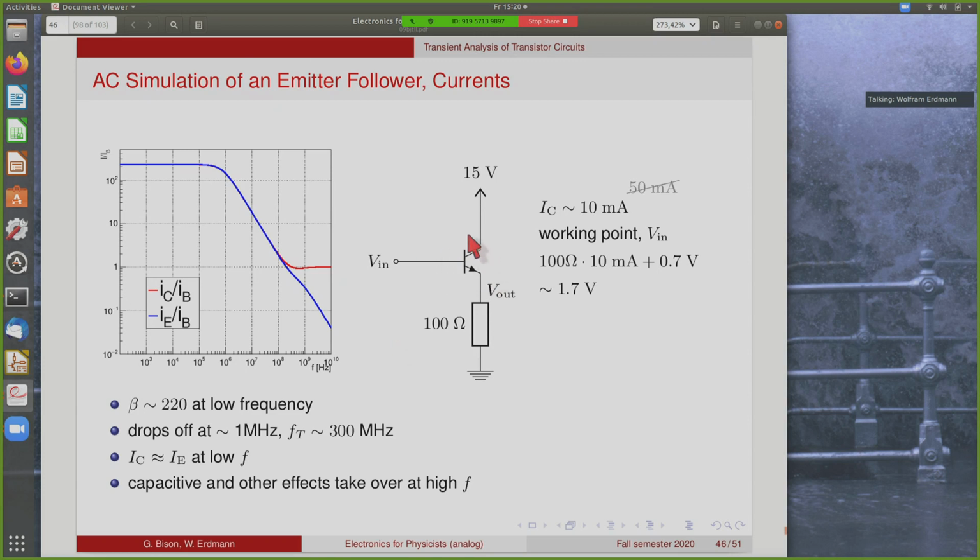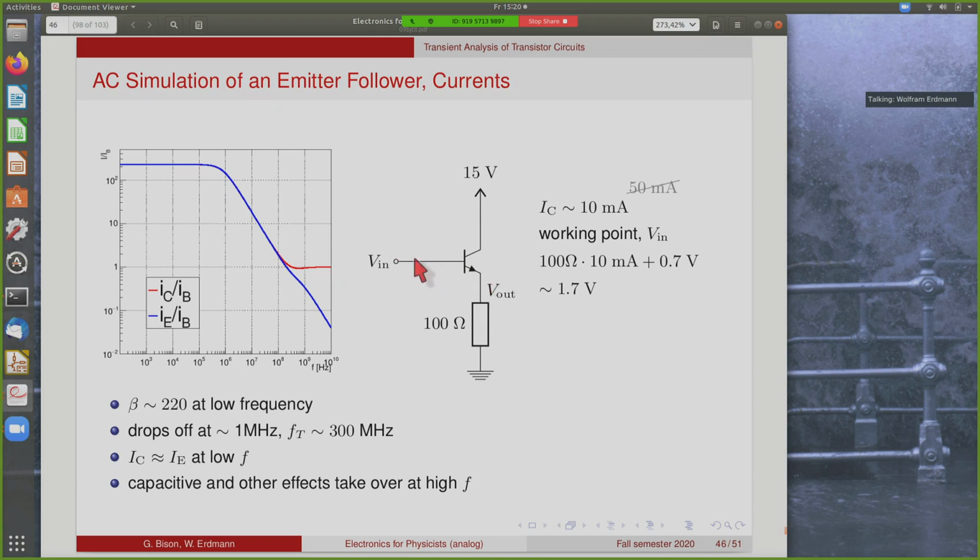So this is our circuit, a simple emitter follower, the transistor, 100 ohm load, 15 volt supply voltage. We bias it to 10 milliamps. If you downloaded the script yesterday, you have a wrong number here. This was done with 10 milliamps. So our working point is then obviously at 10 milliamps times 100 ohms plus the diode drop. So here you're at roughly 1.7 volts, and you make small variations about this point,